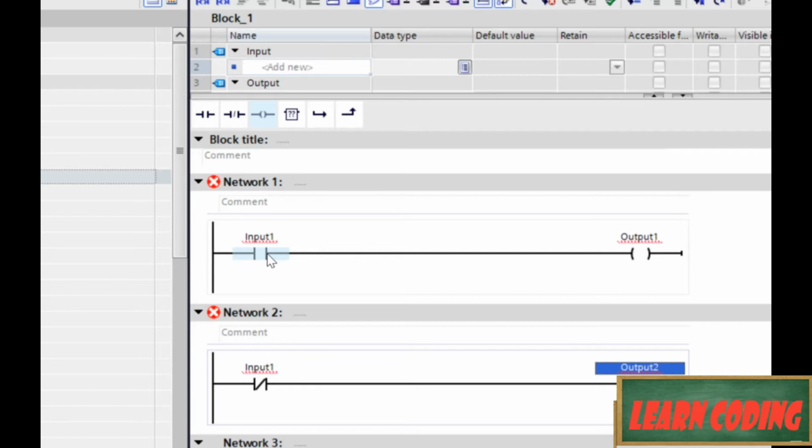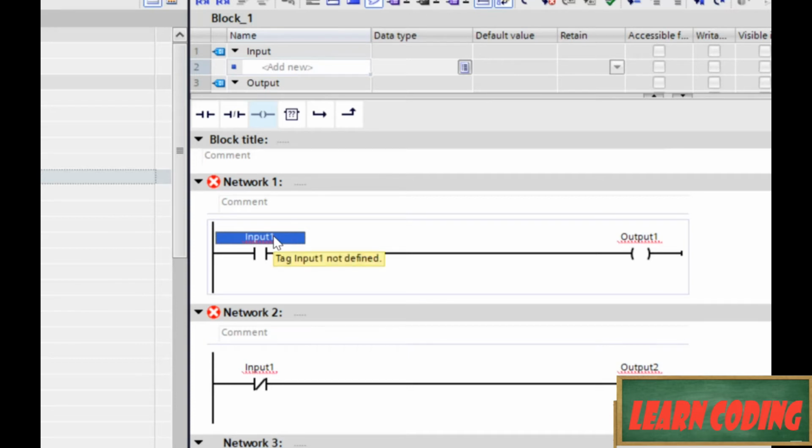So what these two normally open and normally closed contacts, that's great what they're called, but let me tell you what they really mean. You see here this input 1, this is going to represent a Boolean, okay? So that Boolean is going to be a digital signal. It's either true or false, open or closed, 1 or 0. It's only got two possible values. If that value is true, i.e. it equals 1, then this condition is going to be evaluated as true, and we're going to go ahead and